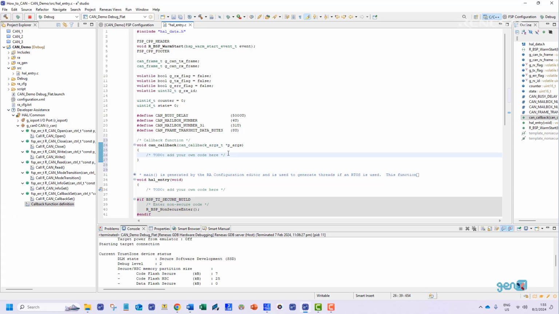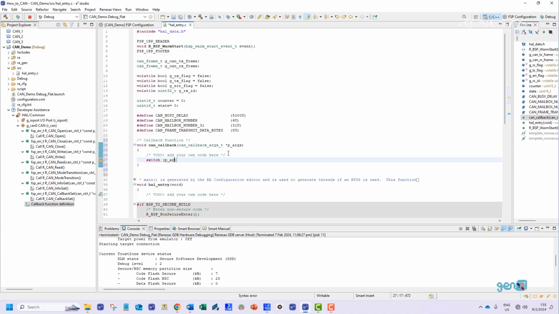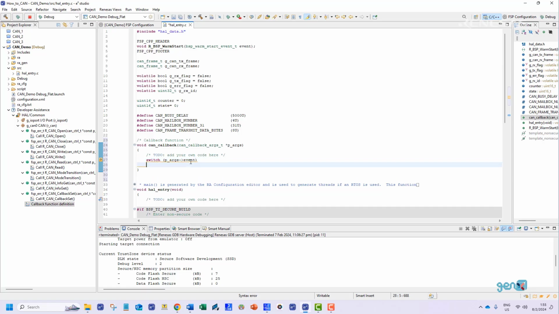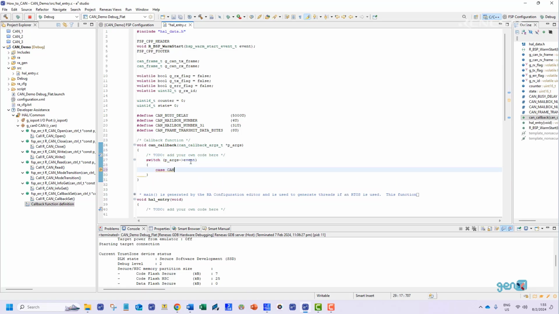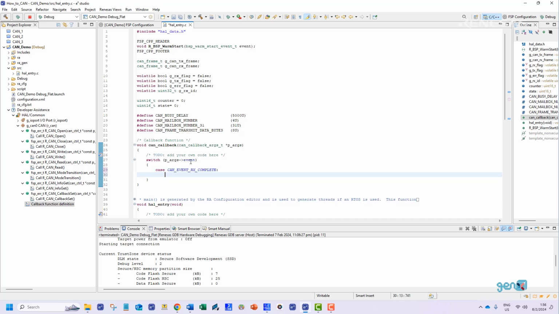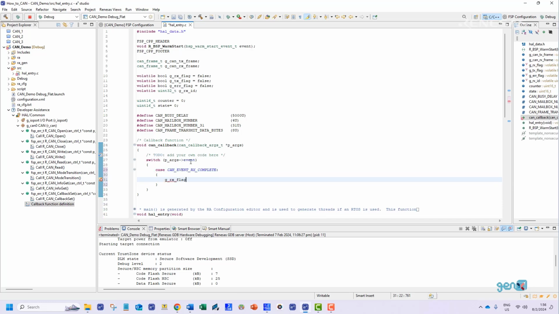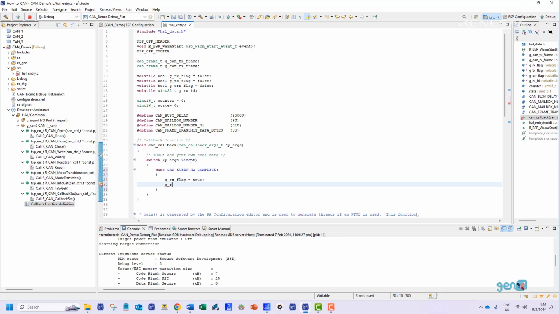Now, we shall define the callback function. The callback function will mainly execute a switch statement based on the event status. The first status we're interested in is the reception complete status, which is triggered when data has been received by the CAN channel. We will also assign the data received to the different variables we had previously created in